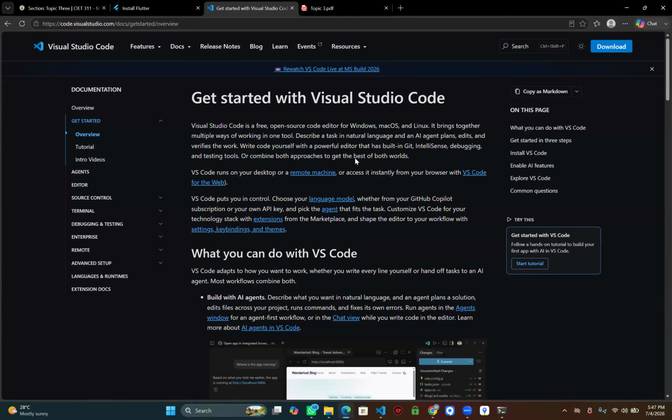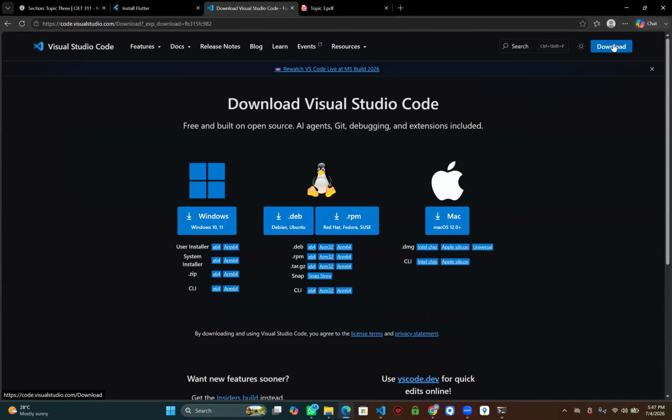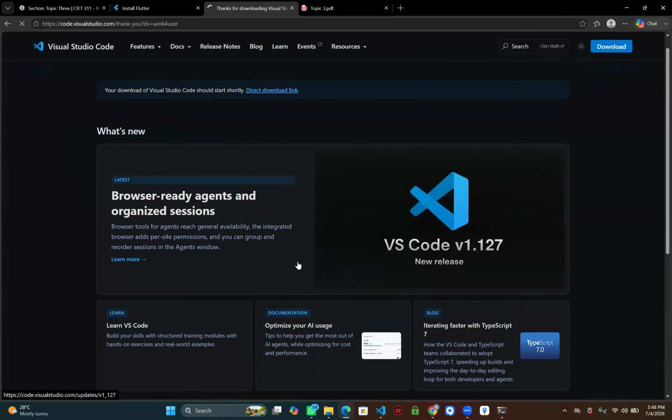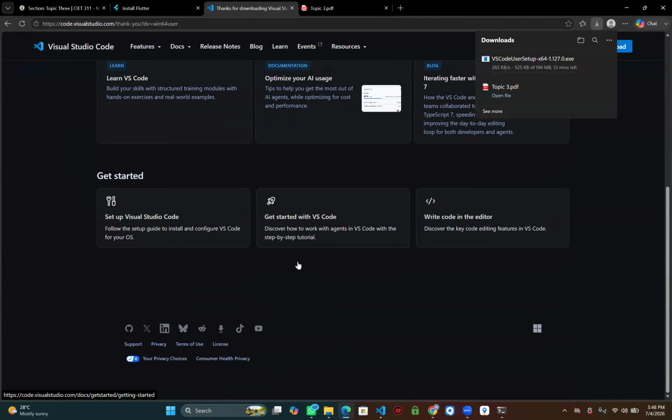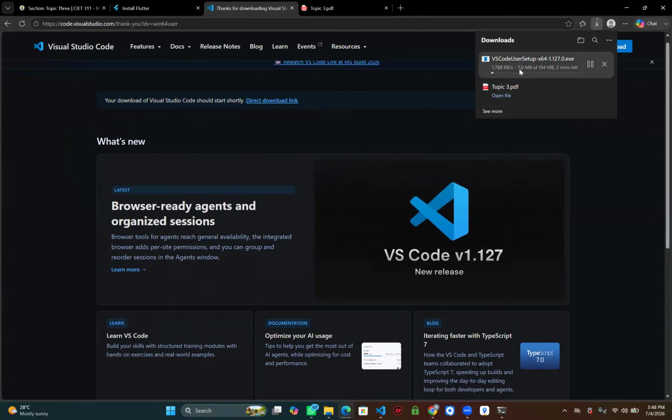This is it. You have clicked on it. Yes, please. And you start downloading. Let me check the download. Nothing is showing. Go to your downloads and let's see. Click on Windows. It should be downloading. Yes, it's downloading. So let it finish downloading and let's see. Let me follow the steps there.